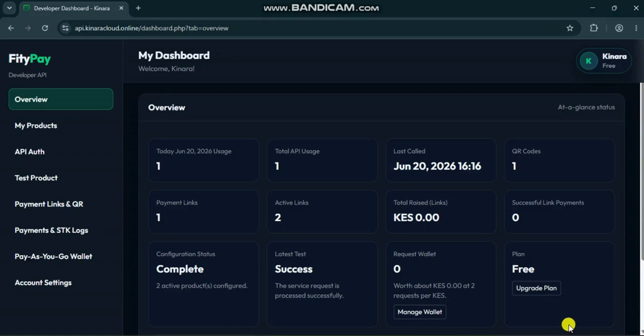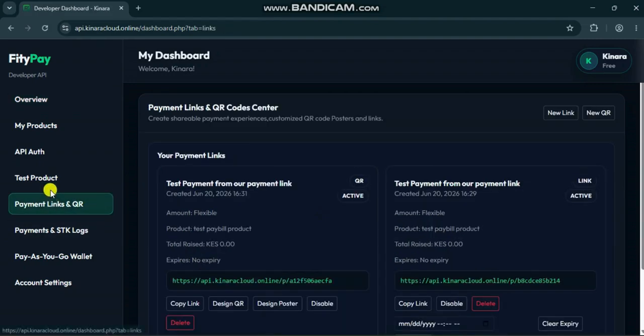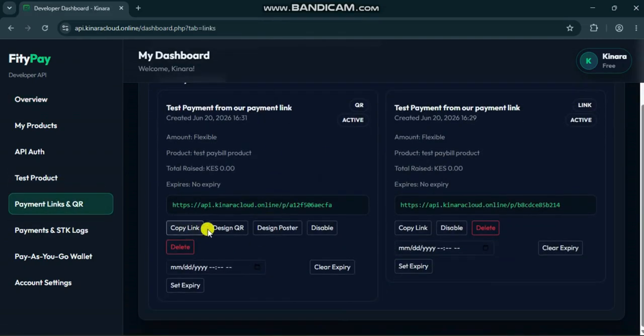From the previous video, we have created our payment link and our QR code. As you can see, we already have a QR code and payment link available, and active links are 2. Total rest is still 0 because no one has used either the QR code or the payment link to make any payment. So next, as I promised, we'll be talking about designing a QR code and designing a poster